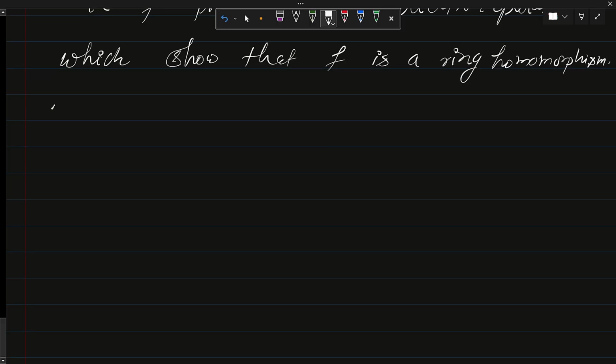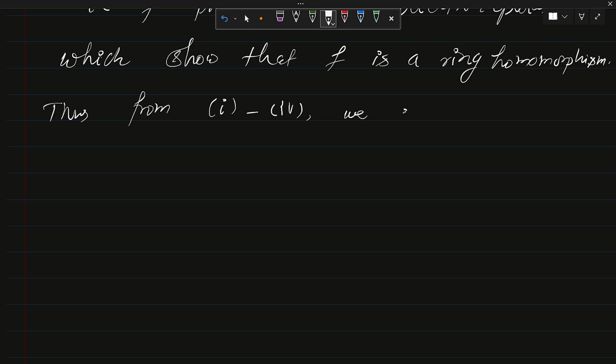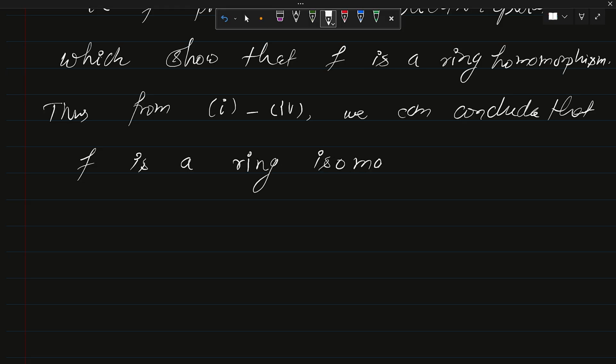Okay, so thus from 1 to 4 we can conclude that f is a ring isomorphism